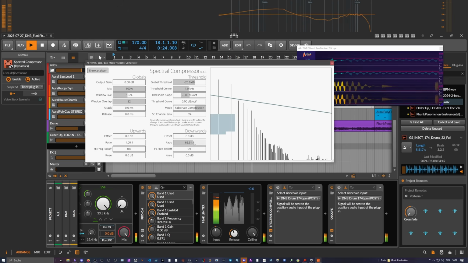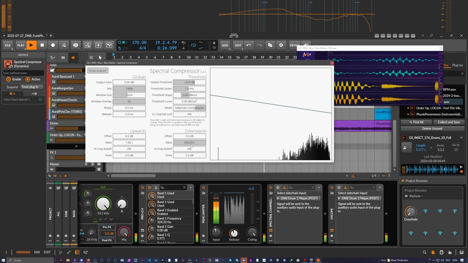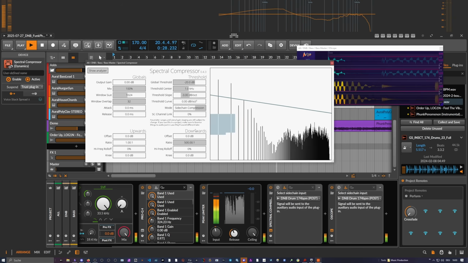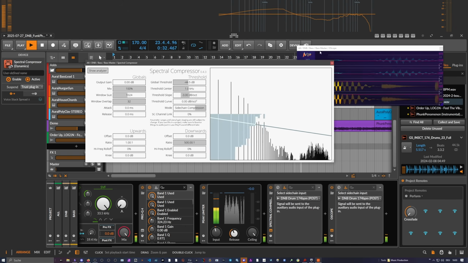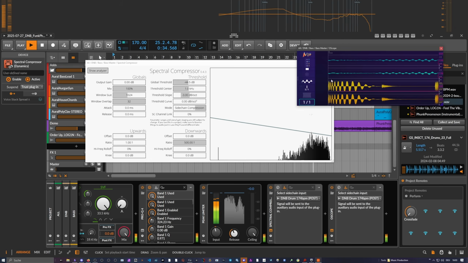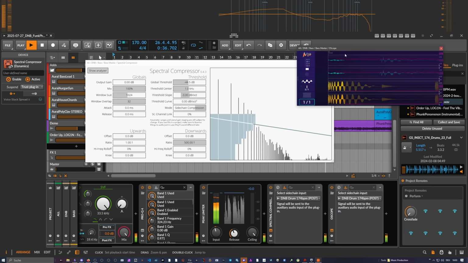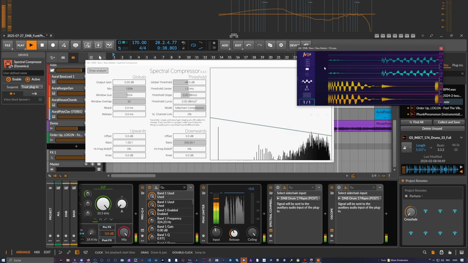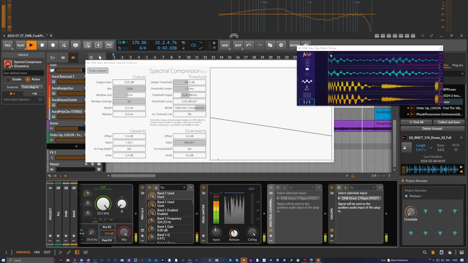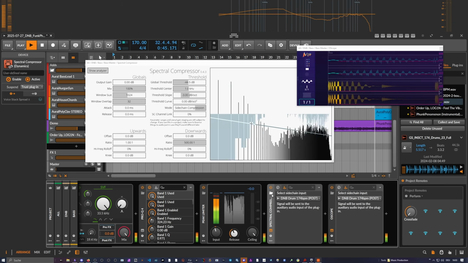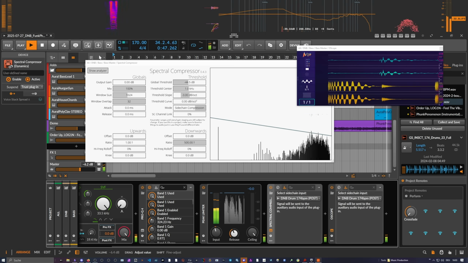So here you pull down the ratio to 500 to 1 for downwards compression. And then maybe we can play around with the global threshold. You can see here the kick drum completely removes the bass, right? If I just disable this for a moment, you can see it's there. So when I enable the spectral compressor,